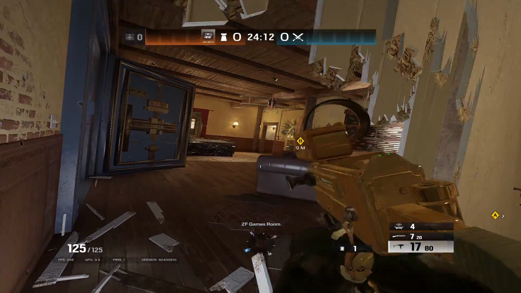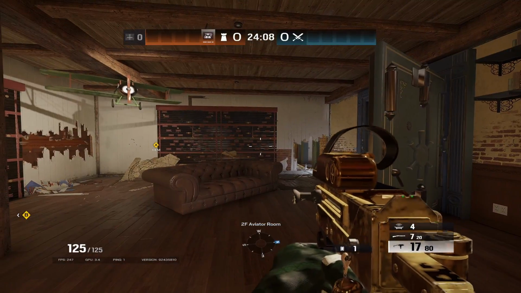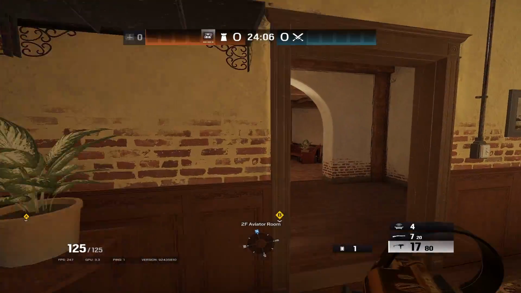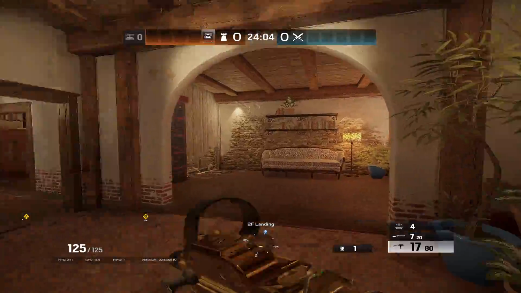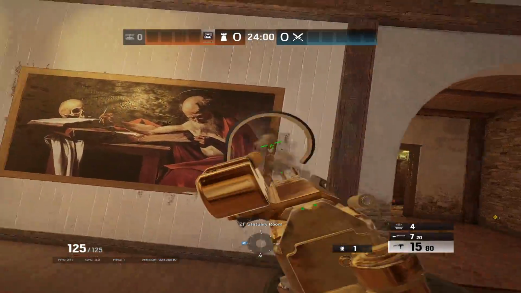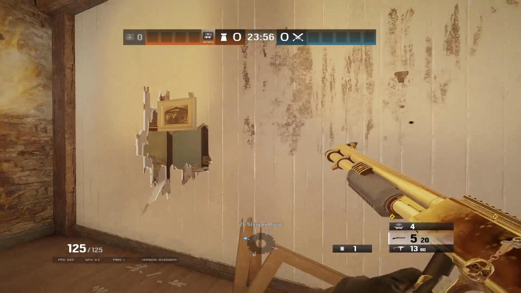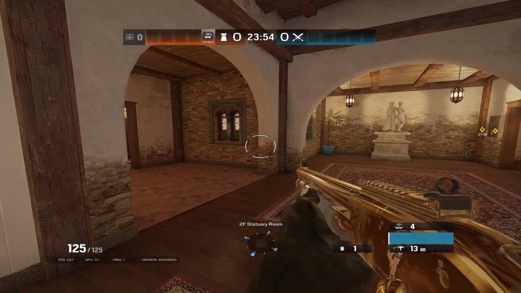Now, there is an optional extended hold for this site. Let's say we didn't have those two reinforcements in the middle, or we spared them from somewhere else. What we'd actually do is extend it out into statue. We'd reinforce both of these walls and then open the head holes like so, and play more extended on the